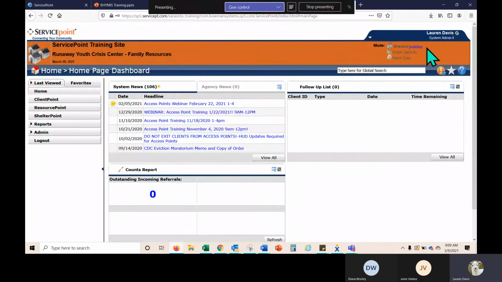I'm shadowing Jume, and Jume does not have to enter data as any project because her project, and this is the same for you, Diana, your projects are defaulted to this Runaway Youth Crisis Center. You do not backdate shelter entries. We have to be very mindful of collecting live data or entering clients within 24 hours into shelter, so we can show the system that the client is currently in this bed. It's especially important for your funding source as well.